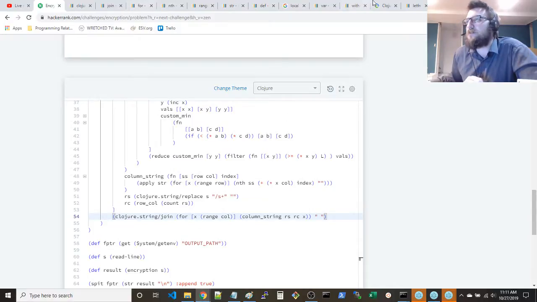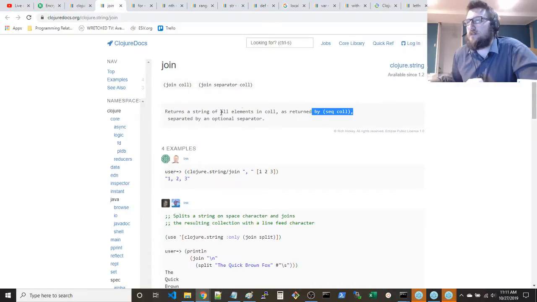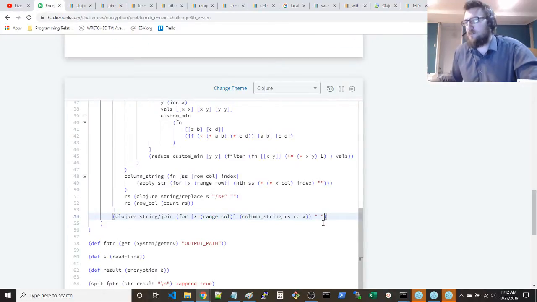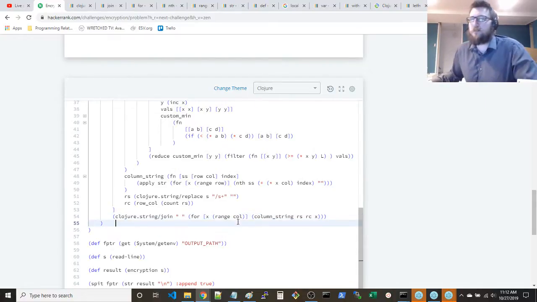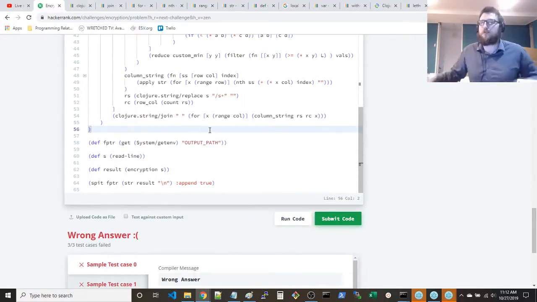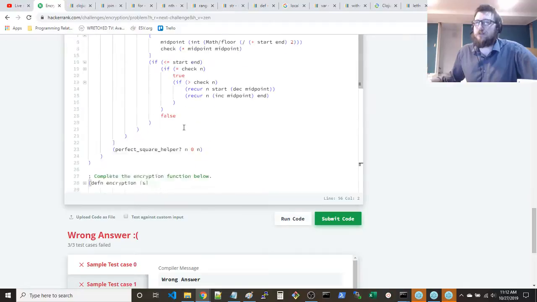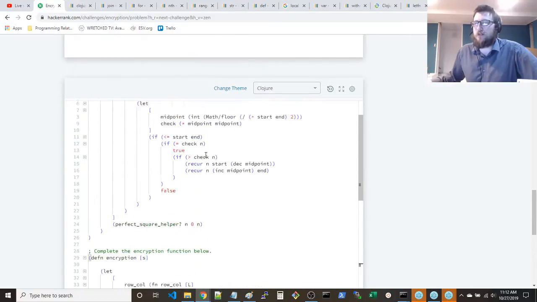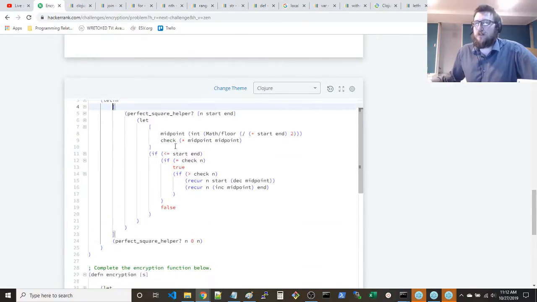Now, if we look at Clojure join, kind of a lot of reading we got to do. We'll come back to this separator. Separator comes first. Collection is second. Okay. Yeah, it's kind of a lot of reading I got to do, but we should do a few more problems. Let me end stream as soon as possible though, so that way the video is relatively short or shorter. It's not super long. You got to watch me finagle with different,